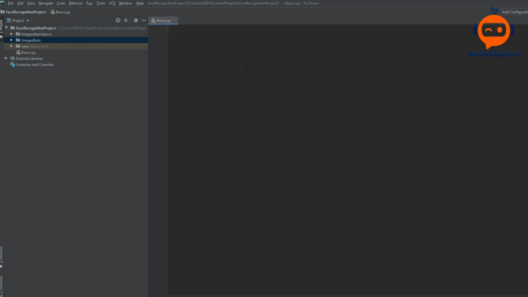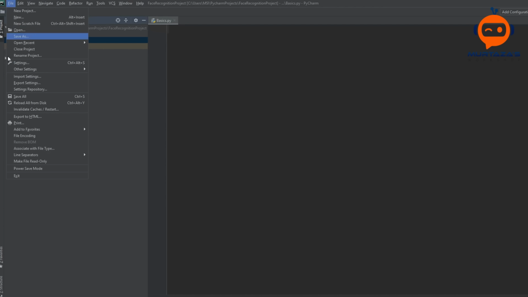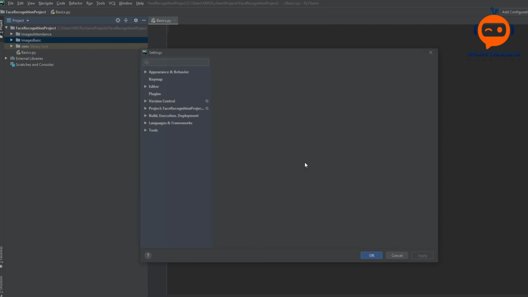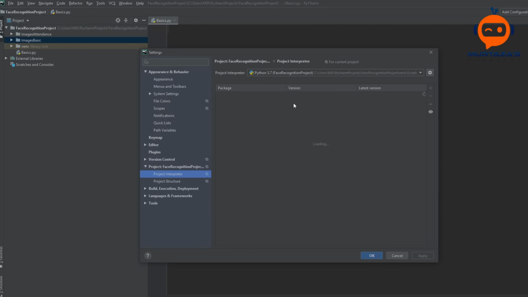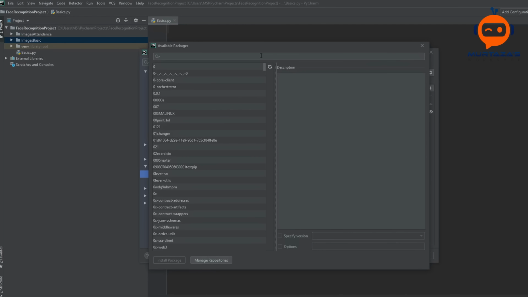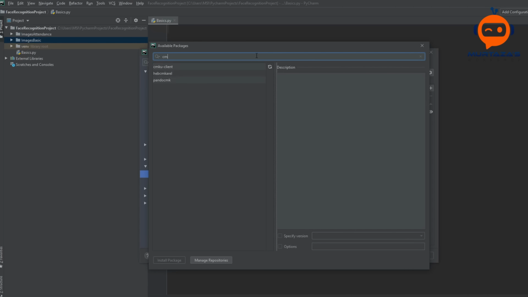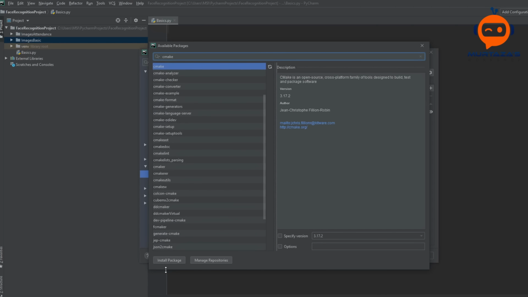and we can install the dependencies. So let's go to File, Settings, and then the project interpreter, and we will add the dependencies. The first one is CMake, so we will write CMake and install that.